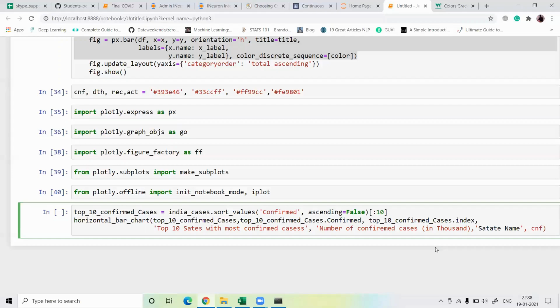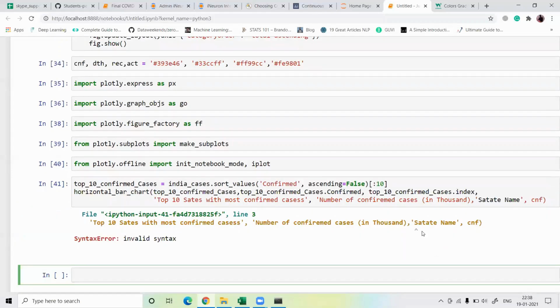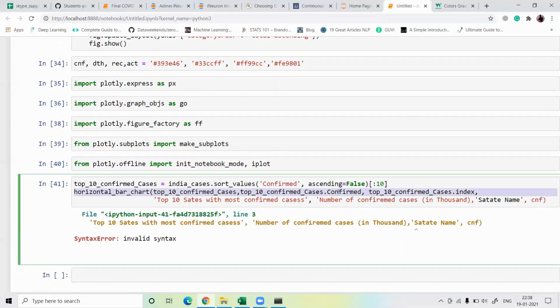And let's try to run this cell. It's giving me some type of error for the state name. So we have to define the cases index first: top confirmed cases, top 10 confirmed cases. After that, we have to take the top 10 confirmed state cases.